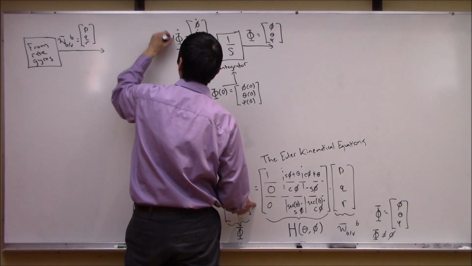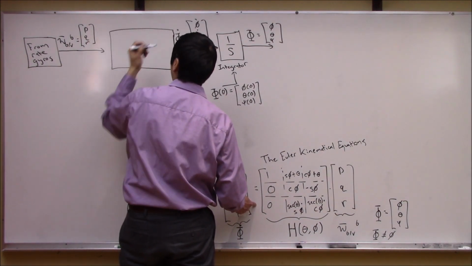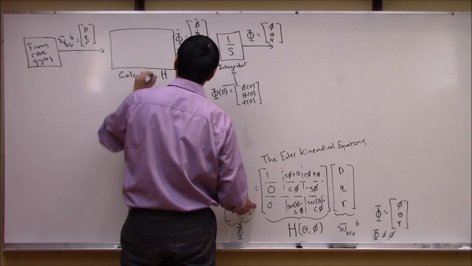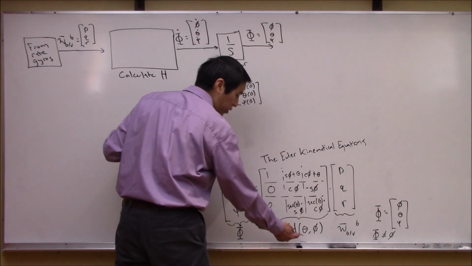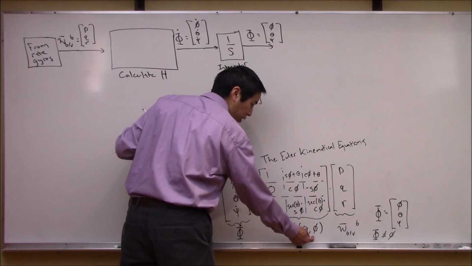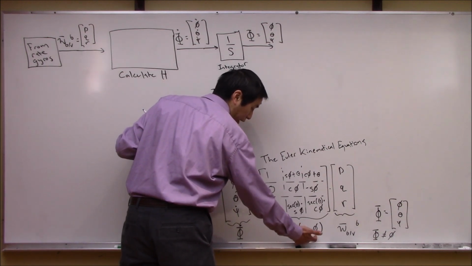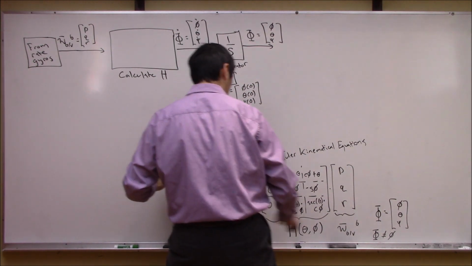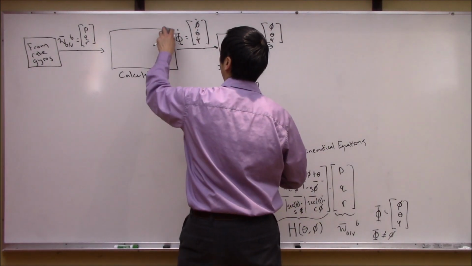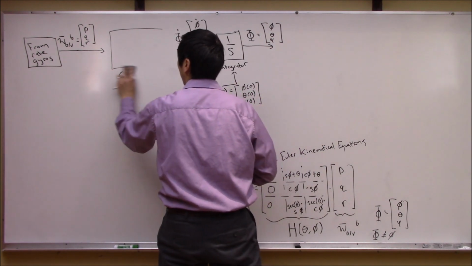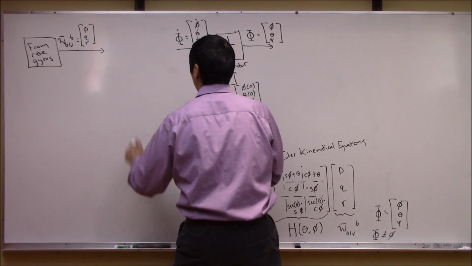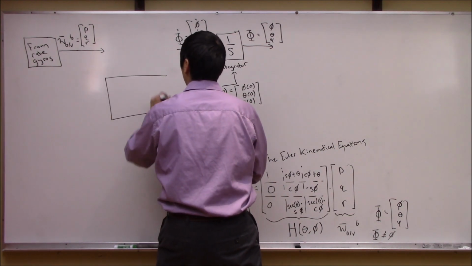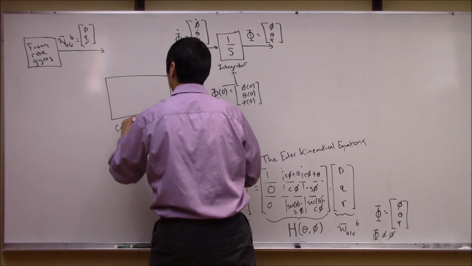So all I need to do is I need to make sure I've got some block here or some process here, which is going to basically calculate H, right? And we see in order to calculate H, all you need are the pitch angle and the bank angle, the Euler angles, right? So all I need to do here is, whoops, sorry, hold on. I got a little bit too excited here. I drew this in the wrong spot because I need a little bit more space. Sorry, let me move this calculate H matrix a little bit down here. Yeah, how about here? So this is calculate H,